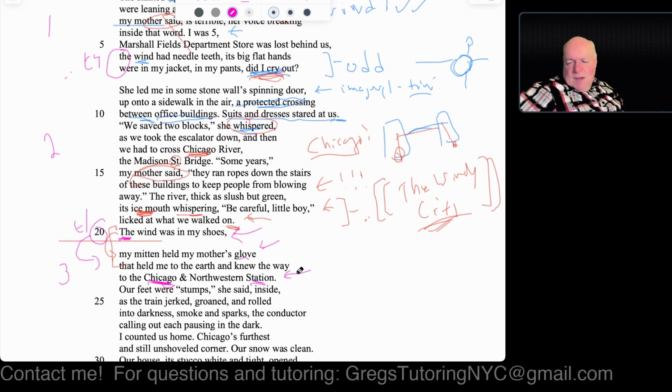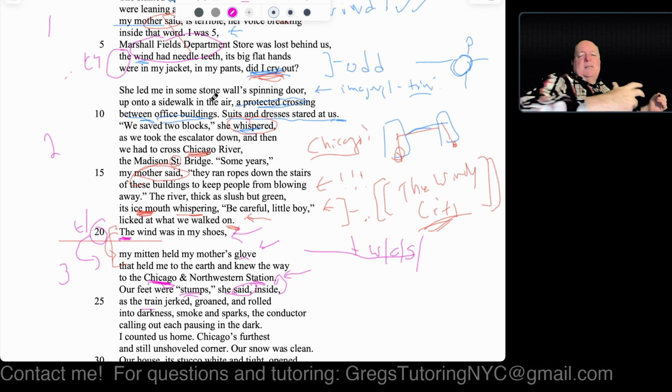So they finally get to the train station. Our feet were stumped, she said inside. So finally, the mother says something kind of negative, okay? Inside as the train jerks. So not only inside the station, they're all finally on a train, all right? So they seem to be leaving the city, all right? So again, what we kind of have up to here so far is it's windy, right? It's cold. They apparently went shopping. We don't know that yet specifically. All we know is that we left this Marshall's Field store because it doesn't say they had heavy bags or anything like that. And they meandered through the city a bit to finally get to the station,